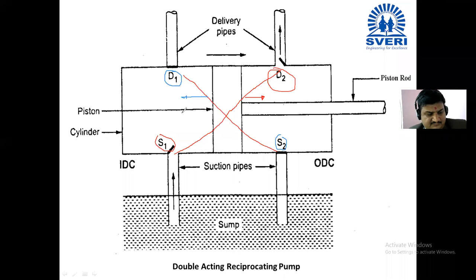Point number 3, for first stroke, suction valve number 1 in bracket S1 and delivery valve number 2 in bracket D2 will be open,